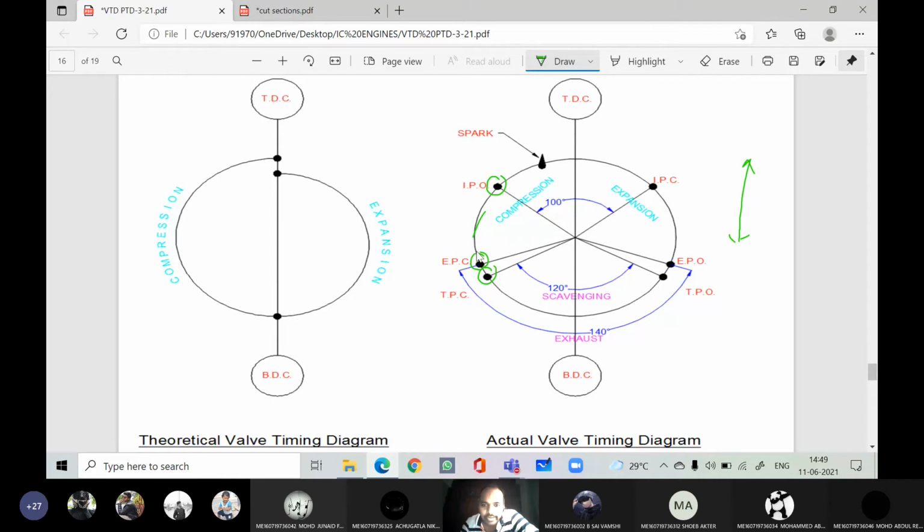Right. So the moment it closes the exhaust port, which stroke is starting? The moment it closes the exhaust port, I can say it is compression. Agree? It is the compression. At the end of the compression, almost 20 degrees before TDC, we are injecting the spark. Thereby the combustion is initiated. And when the piston is moving from TDC to BDC, what will happen? Downside of the piston, pressure rise will take place and the inlet port is closed.